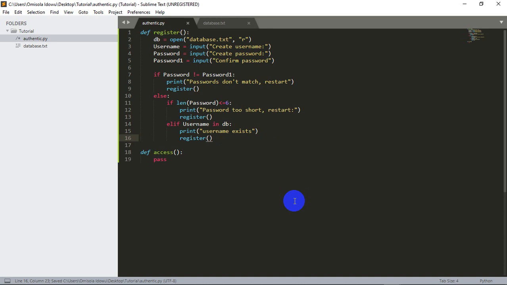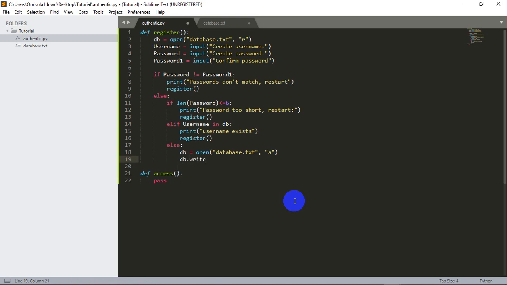So once I do this, the next thing I want to do is pass an else statement right here, once we've checked all these parameters, and say, okay, if all these are false, then open the database and append to it. So I'll just say database.txt, then I want you to append to database.txt. Then right here we're going to be doing something. The first thing I'll just do is say, okay,